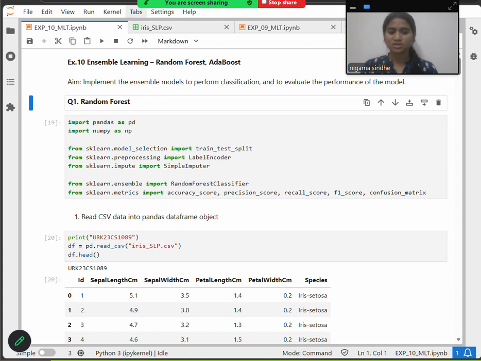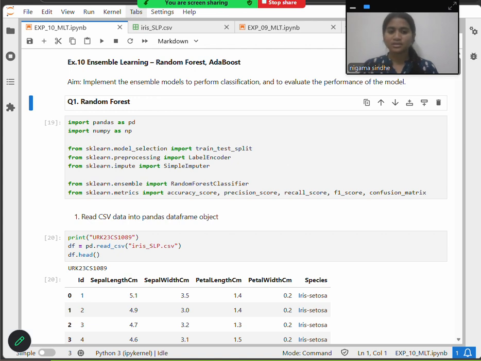Next, AdaBoost is a boosting technique where models are trained sequentially, unlike random forest. The key point in AdaBoost is that it focuses on the mistakes of the previous model, where misclassified points get more importance. This helps in pointing out the issues, and it combines weak learners into a strong model. We could simply say it learns from the errors step by step.